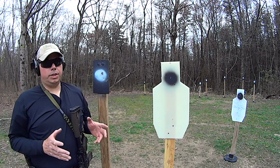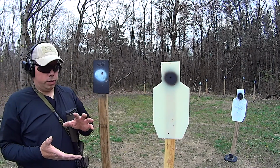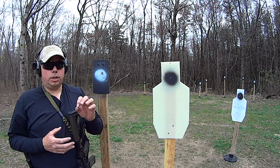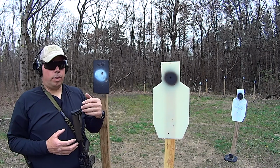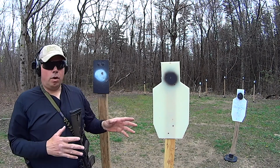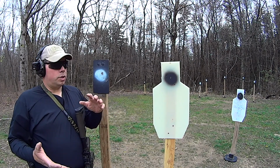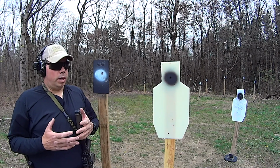One of the biggest reasons that I've gotten away from shooting paper targets is that once I went to the Rogers range and understood that within 300 milliseconds of hitting a steel target and seeing the bullet vaporizing and hearing that ding, your brain records a new neural pathway and labels it success, I transitioned everything over to steel on my range. And then in recent years, I started to transition over to reactive targets, because what I found was,